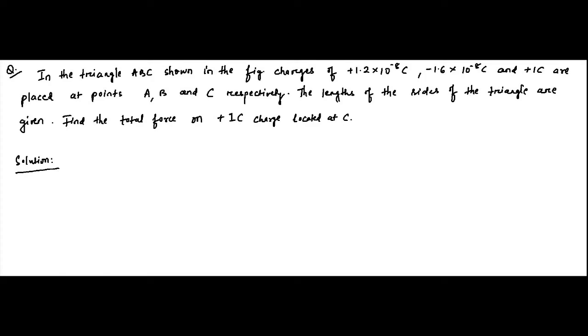Hello friends, so here is another question on superposition principle. Here the question is that in a triangle ABC, we'll draw the triangle. Let us draw the triangle as we read the question. So in the triangle which is given, it is given like this, and like this. This is the triangle which is given